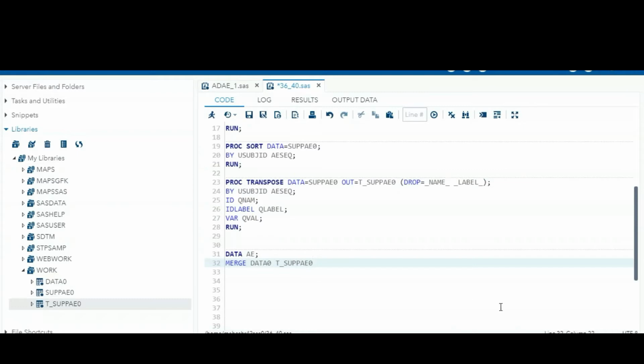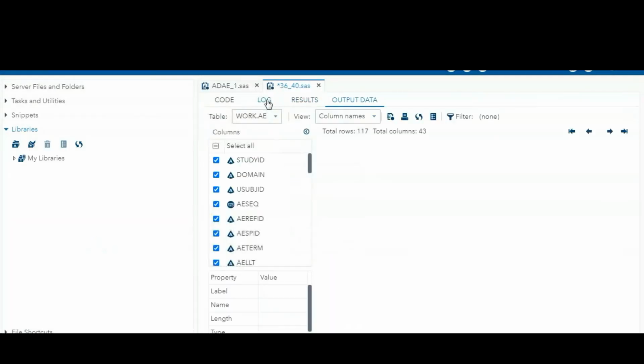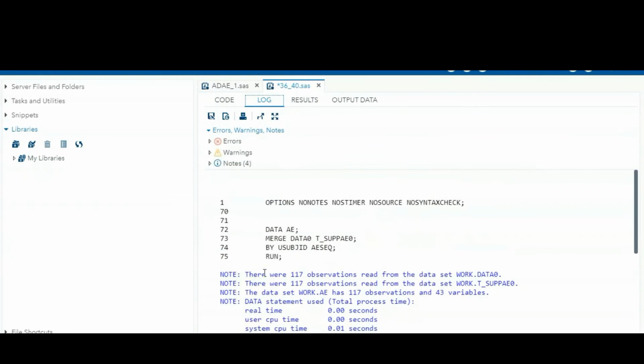This one. Okay. So the by variables are the common variables both data sets have. Okay. And run this. See now. Now we'll get all the variables into one data set.